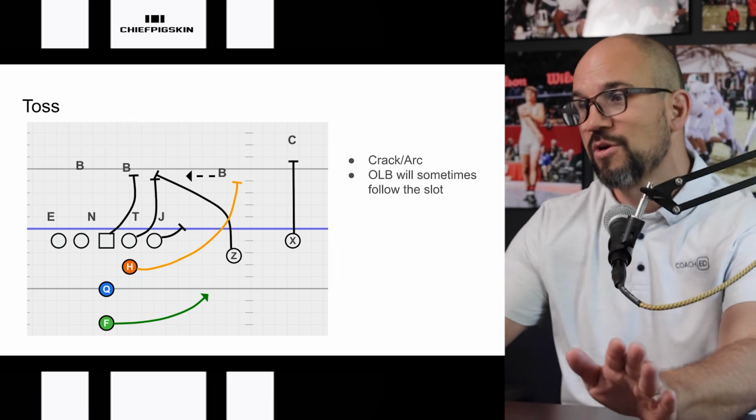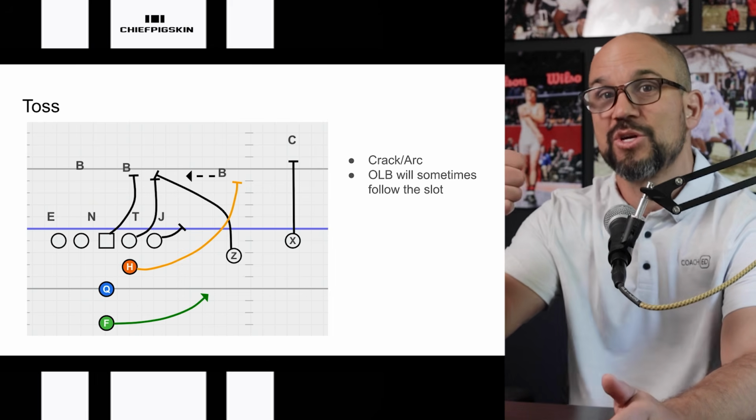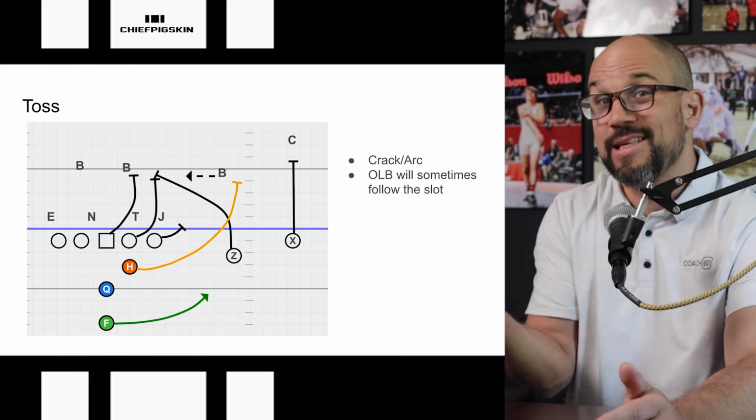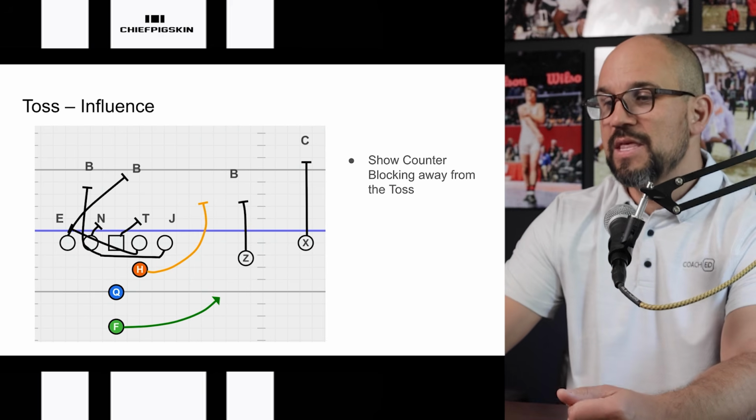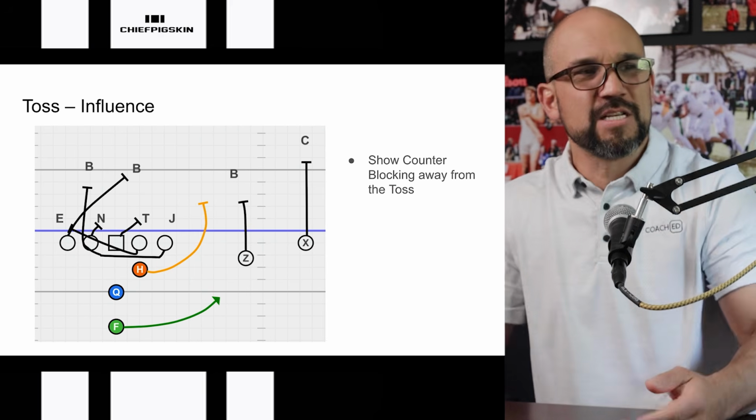That's a good little wrinkle, a blocking scheme that you could either tag to it, say this is an alternate, or you just say this is how we do it. This is how we block toss. Something to consider. And then the last thing that you could do, and this is more advanced football,